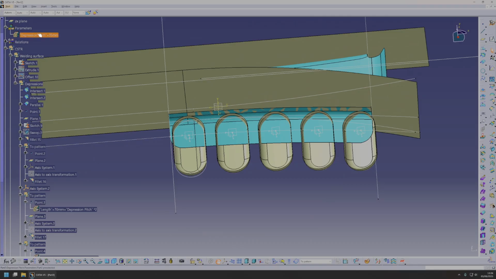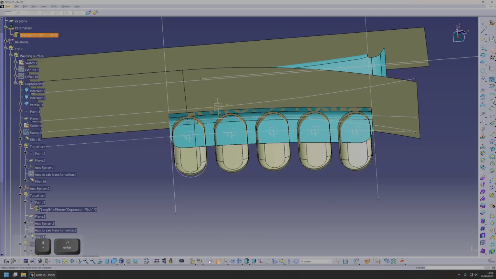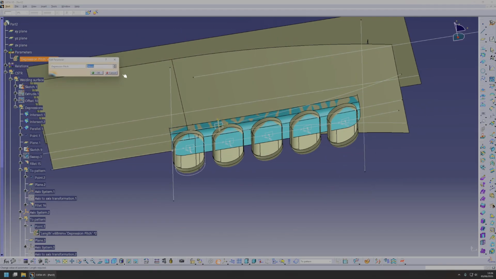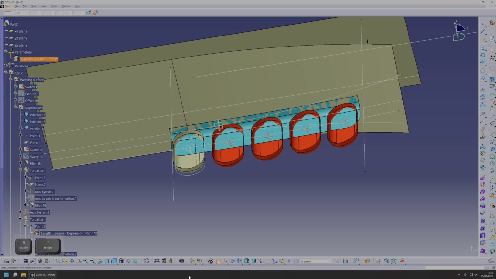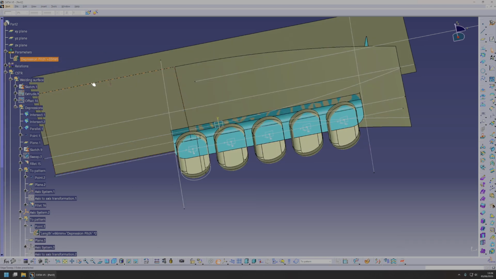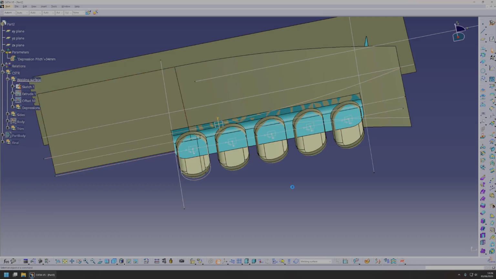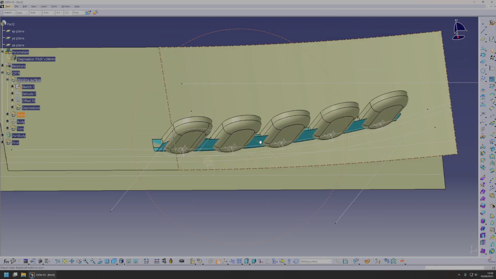Now, the reason I created this is because you then can go back and update this to 34mm, and it'll do something like this. You can adjust the pitch here very easily, 33, and it'll update. Very easy to do. Right, now to continue, we need to go back to the welding surface, and we will